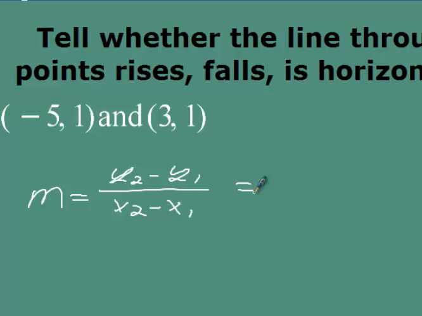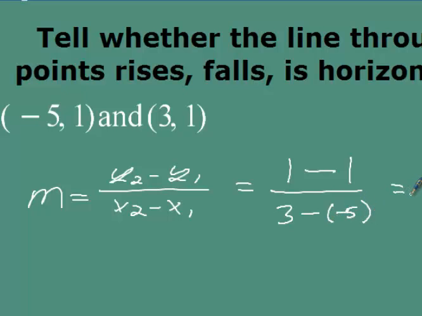It's the y coordinate of which point? The second point. Which of these is the y coordinate? What's y sub 1 stand for? The y coordinate of the first point, right? And then x2 is the x coordinate of the second point, minus x sub 1,